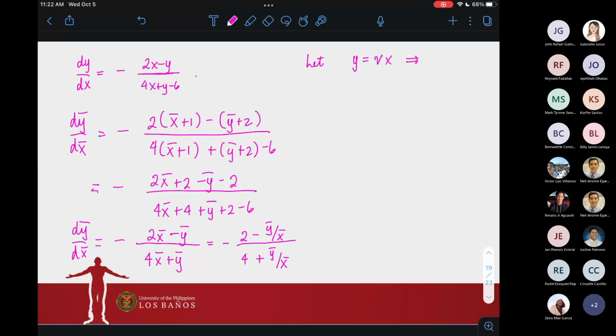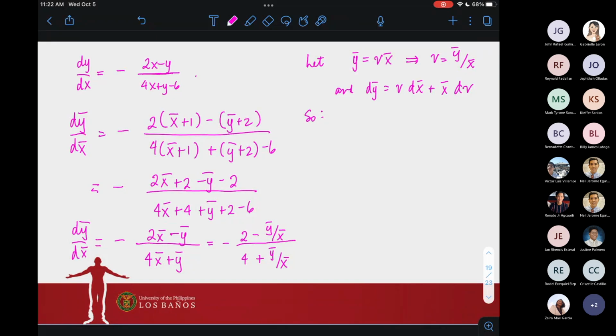So that means that v is just y over x, may mga bars pala yung mga variables. So lagi ko nakalimutan yung mga bars. And then this also means that dy bar ay equal kay v dx bar plus x bar dv, right? So chain rule ulit. So substitution, so I'll have